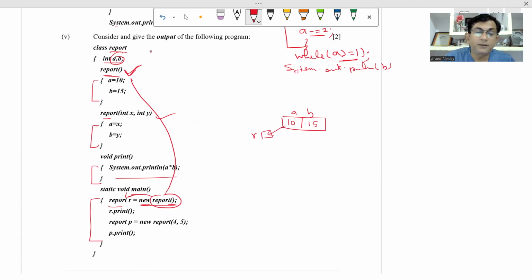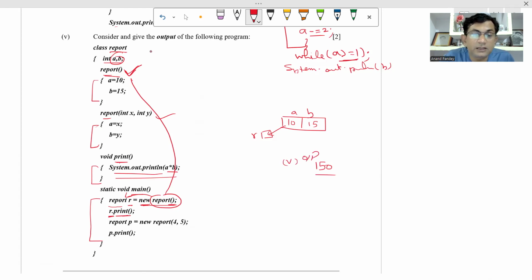Now we are printing by this R, calling the function print. R dot print. So it will come to here. This function will be called, A into B. So for R, what is A and B? 10 into 15, that is 150. So what will be printed? 150 will be printed. Answer I'm writing. Question number 5, output is